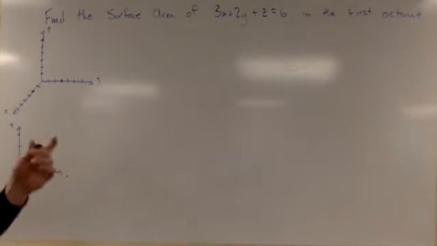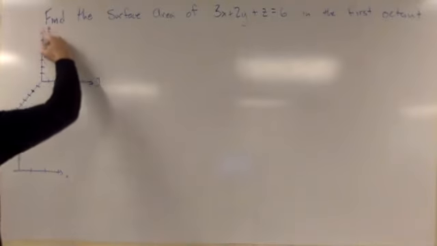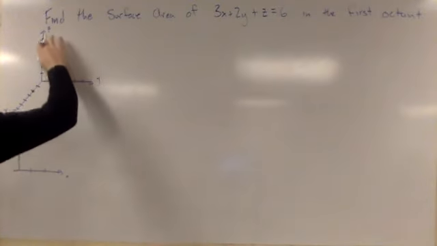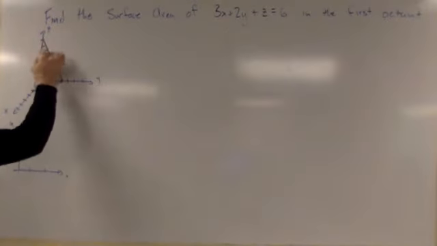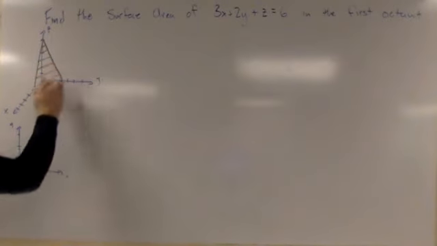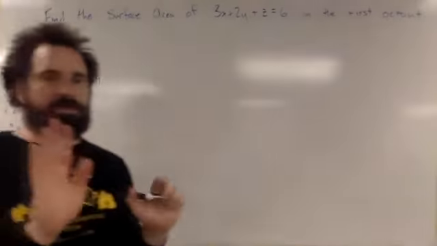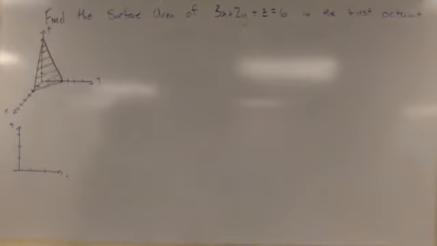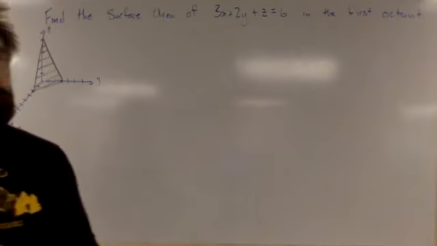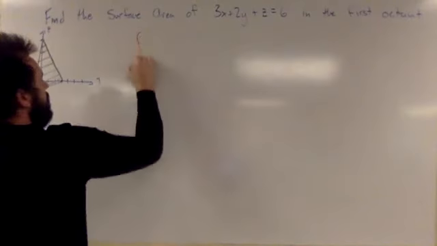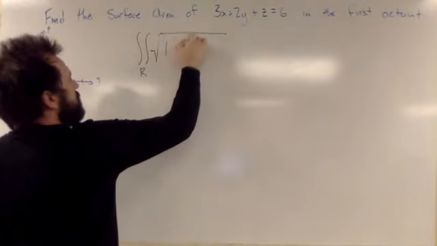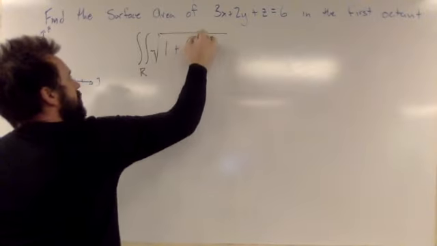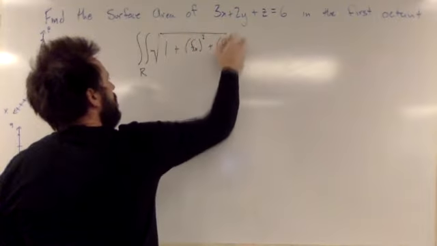So what the question's asking us to find is the surface area of this kind of triangular surface, that triangle that looks like it's leaning up against that corner there. So we're going to use that double integral formula. Here, the double integral over the region of the square root of 1 plus partial x squared plus partial y squared,